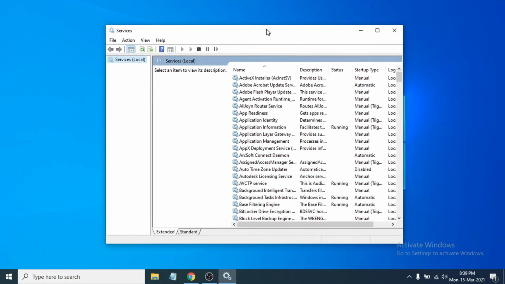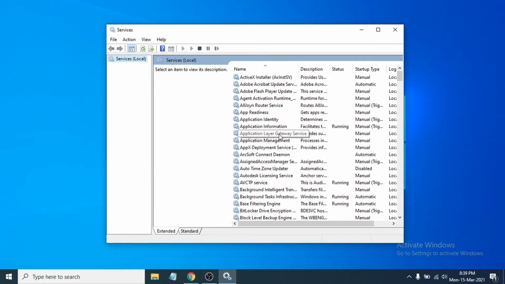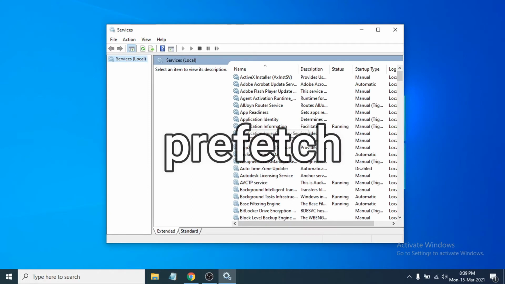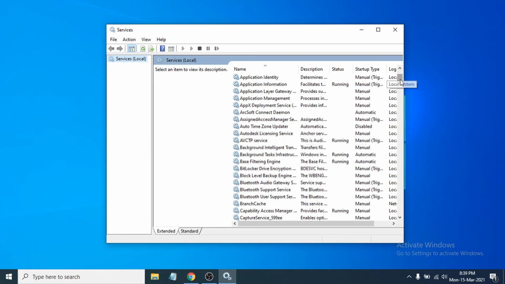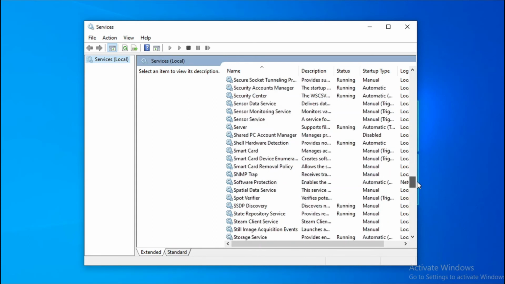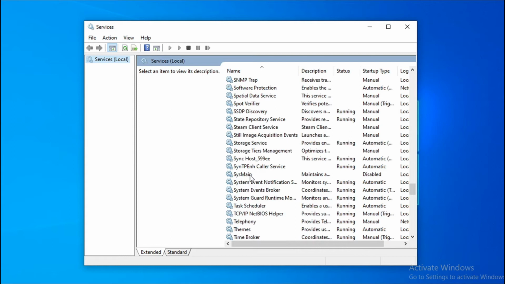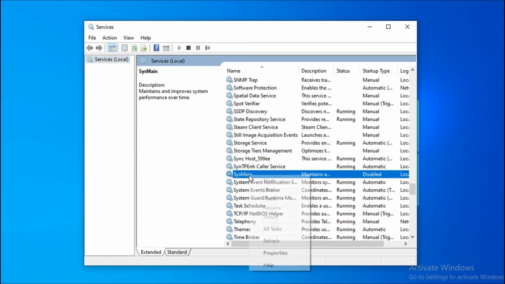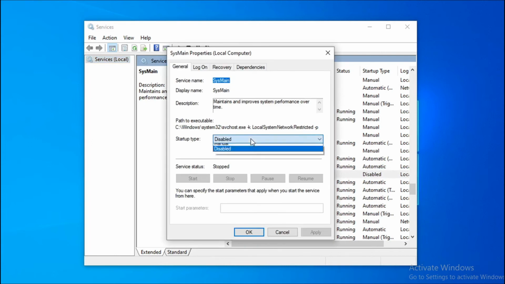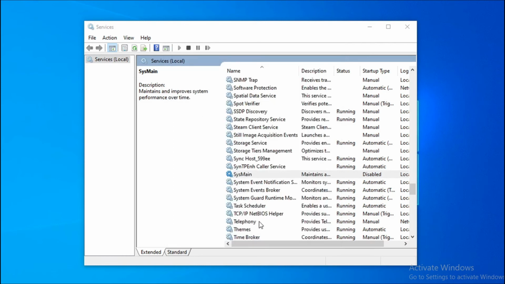And then you have to find, so if you have an old version of Windows 10, then you have to find Prefetch option, or if you have a newer version, updated version of Windows 10, then you have to find Sysmain option. Here it is, the Sysmain option here. So you just have to click on it, right click on it, then go to properties, and then here you have to disable the option here, startup type disabled here, and click apply and OK. Then you just have to restart your computer, and after that hope that will solve the high disk usage in